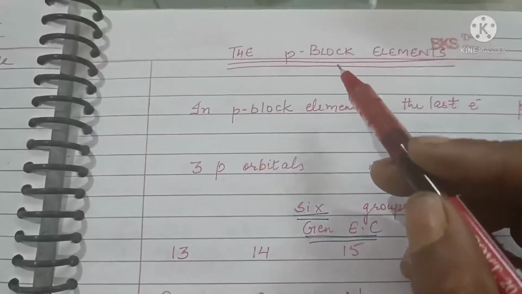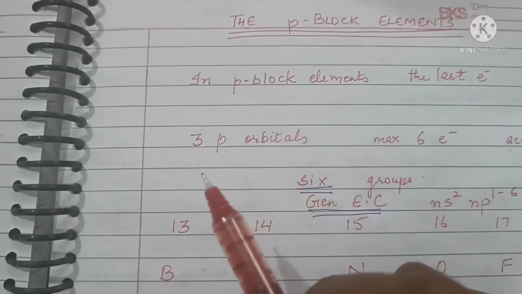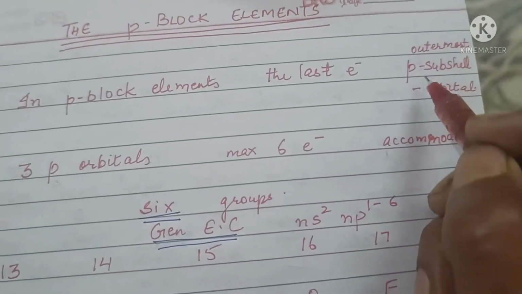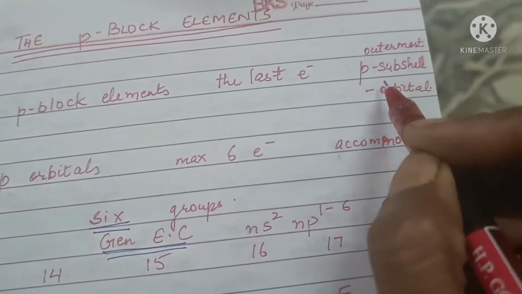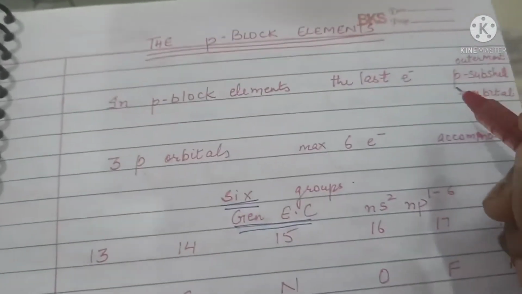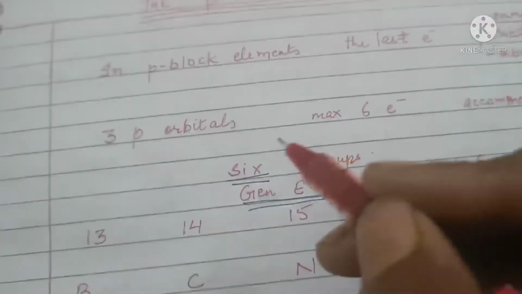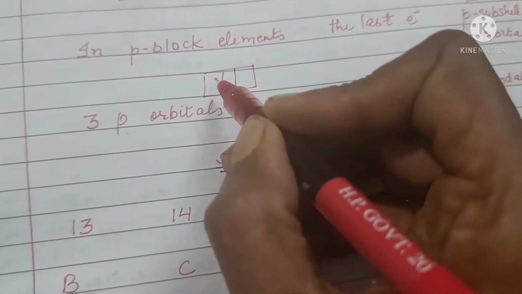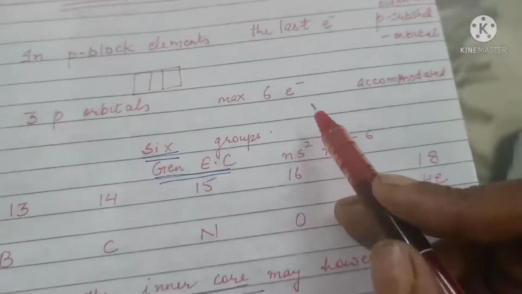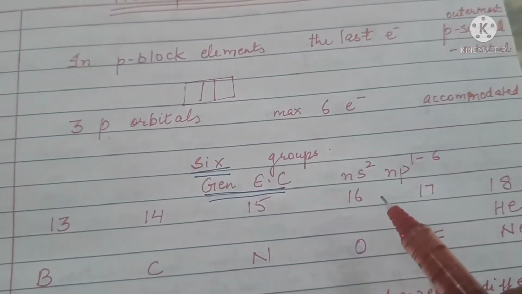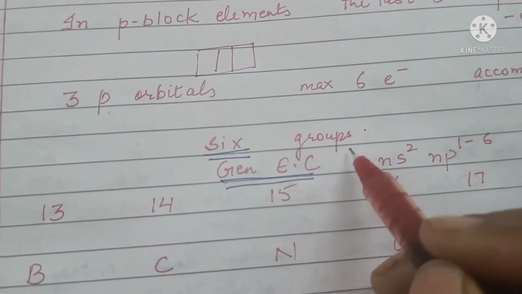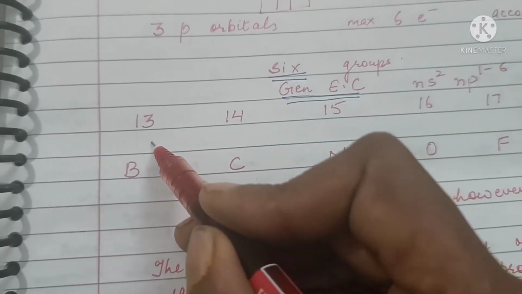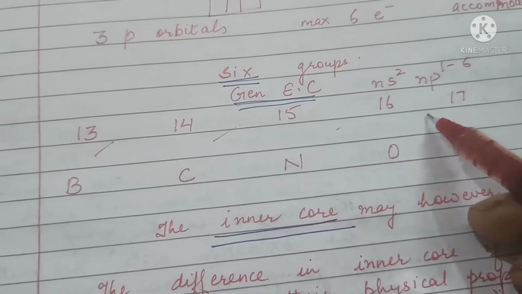Our topic for today is p block elements. In p block elements, the last electron enters the outermost p subshell, the outermost p orbital. So these are called p block elements. As there are 3 p orbitals, and in each orbital we can place 2 electrons, a maximum of 6 electrons can be accommodated, and so there are 6 groups of p block elements, starting from group number 13 till